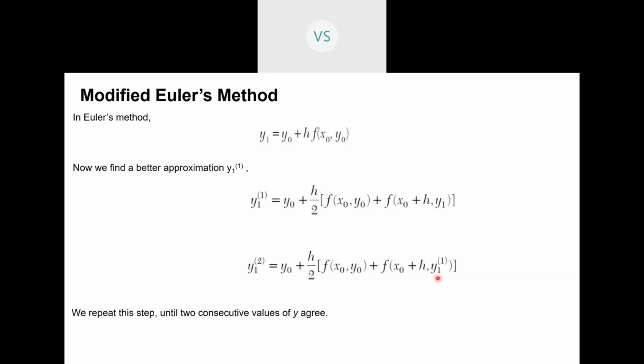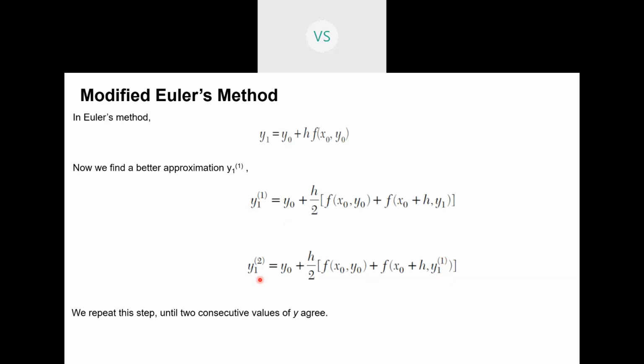Are you getting? Here you have to substitute the new value of y1. What is the new or current value of y1 that we are getting? It is y11. That value you have to substitute over here. Like this you can find y13, y14. So up to how many values do you have to find this?